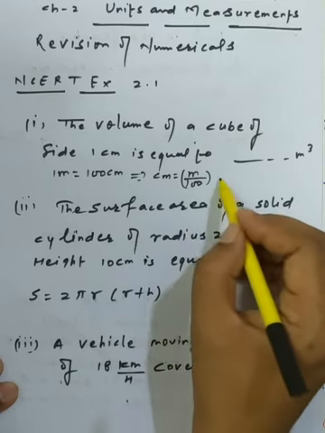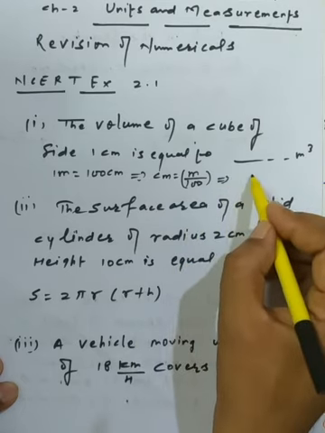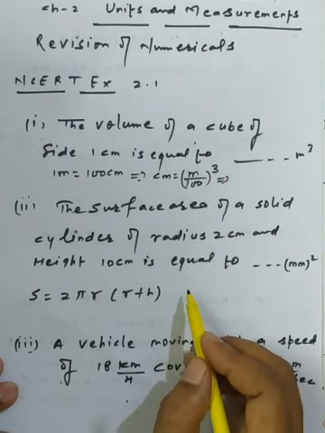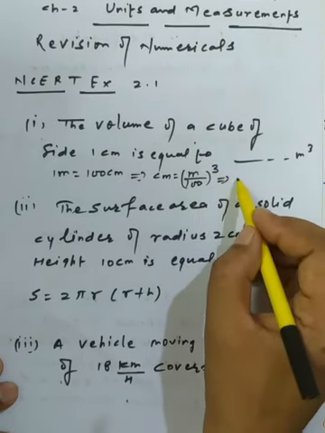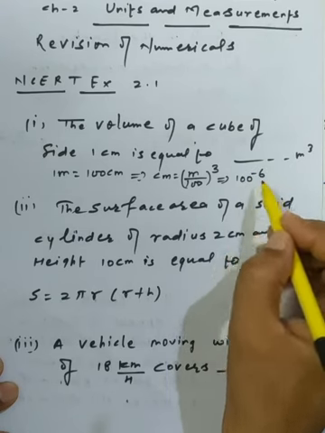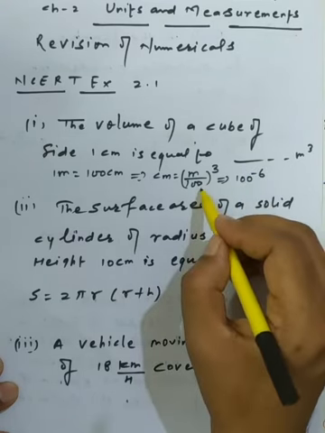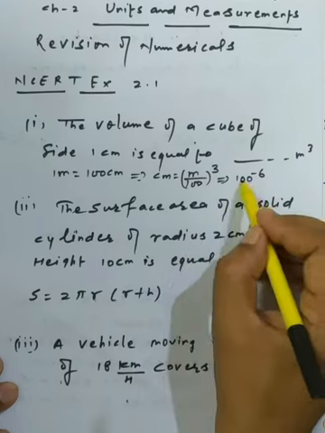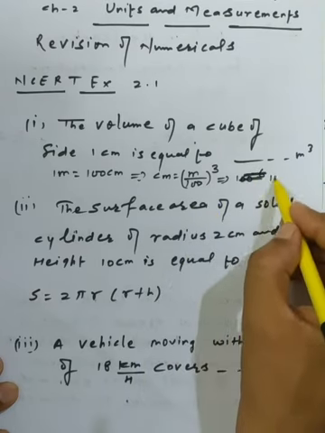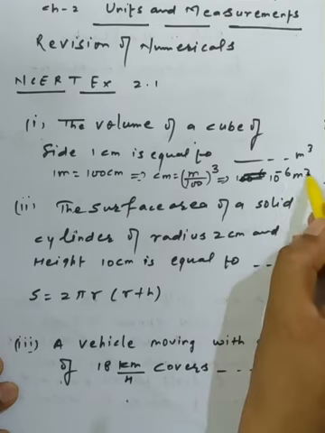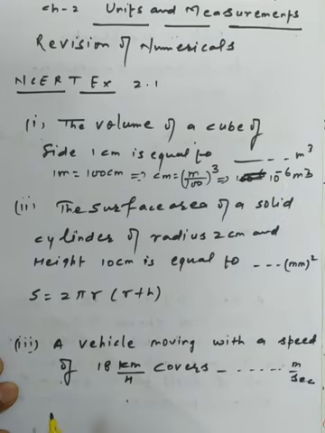So three times you have to raise it to the power. You can take m upon 100 raised to cube, and solve it. It comes to 10 raised to power minus 6, because we are taking the 100 three times, 100 into 100 into 100, so I get 10 raised to power 6 in the denominator. So I can easily write 10 raised to power minus 6 meter cube. This is the simplest representation of this problem.